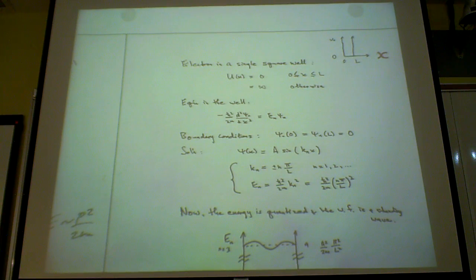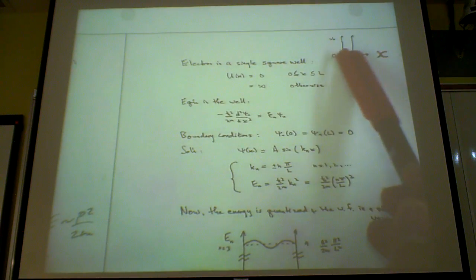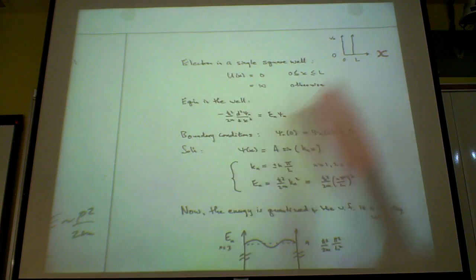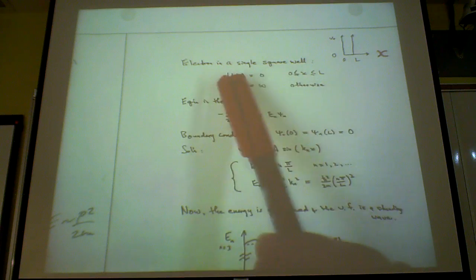Okay. And so the equation in the well, right? You solve it in different regions. So let's solve it inside the well first. The equation in the well, because inside the well the potential is